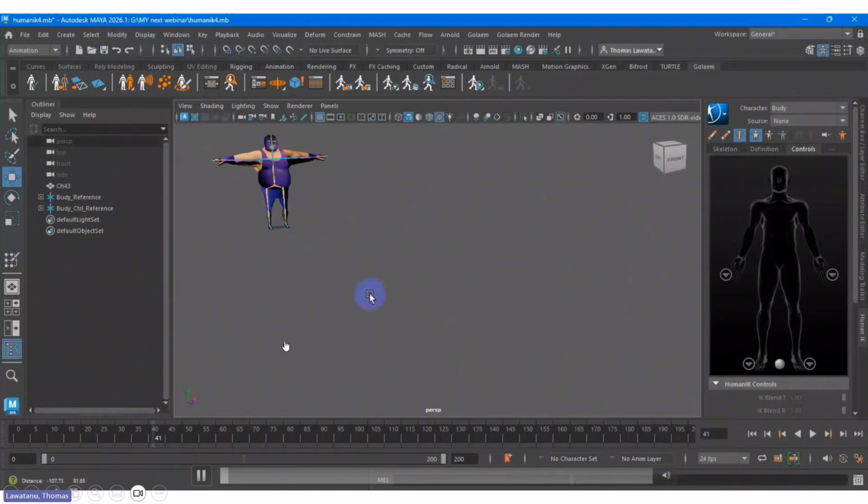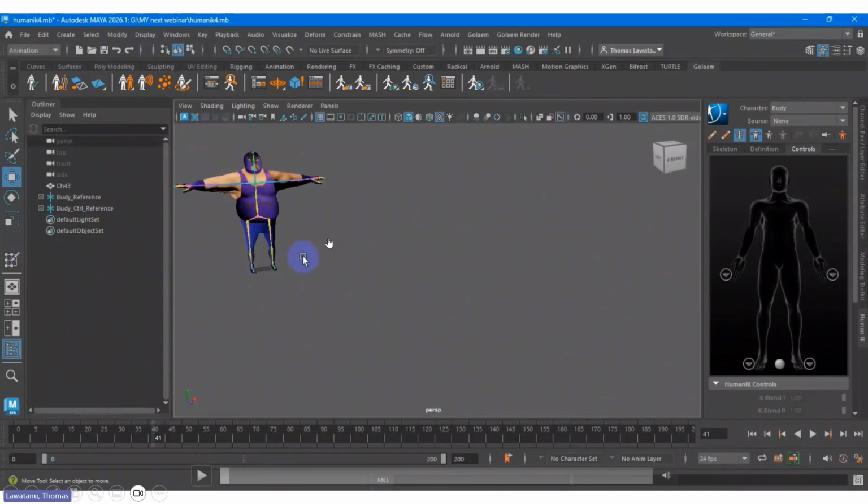So you can go to the Windows, and again you need to update to 2021 update 1. If you don't see it on your Maya, that means you need to update. Let's say you're on 2026 right now. Hey, where is the motion maker? There is no motion maker on my Maya. That's because you haven't updated to version 1. That's why you need to update to 2026 update 1.